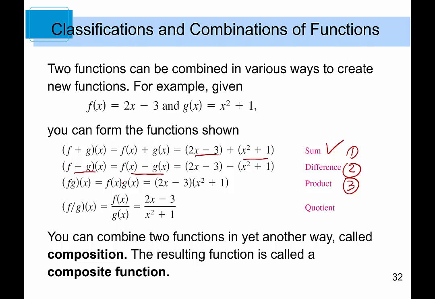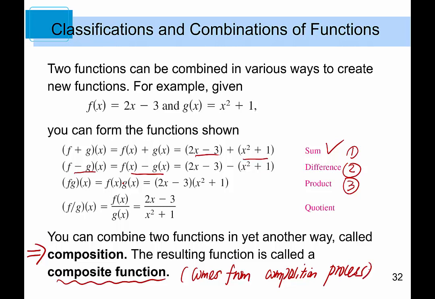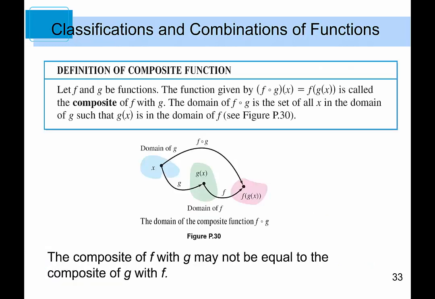So this process is called the composition process, and the resulting function from the composition process is called a composite function. So a composite function comes from the composition process. So this is a typical definition of a composite function